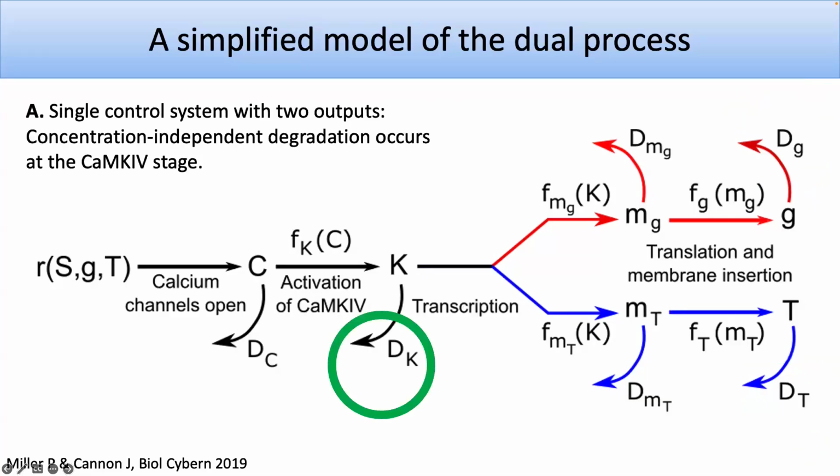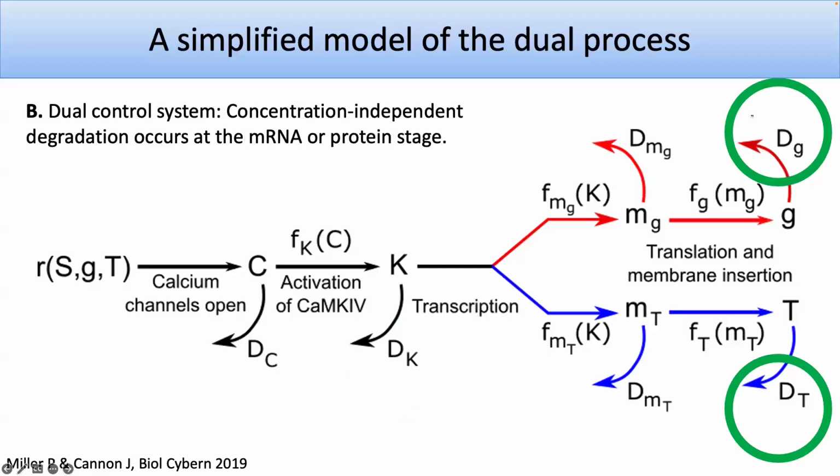So in this case, you'd have one controller, which is very easy to make stable with different outputs. So you'd have a protocol: change the amount of calcium coming in. Now you're going to change both inputs, synaptic conductances, and the firing rate of the cell through the FI curve. If it's this case, then you've really got two controllers. And this is where we can look at how that can happen.